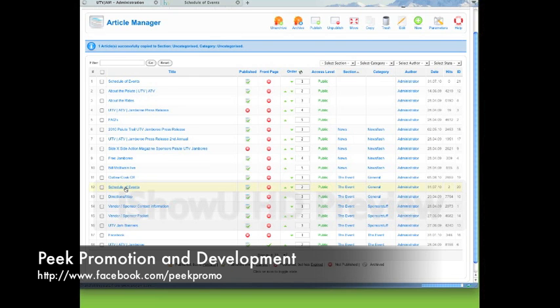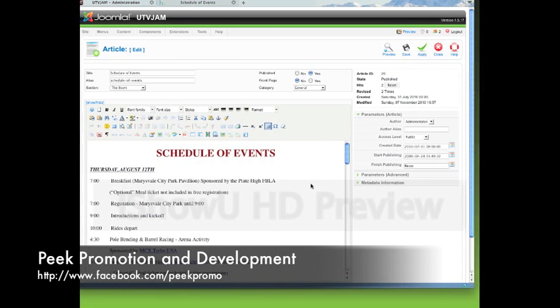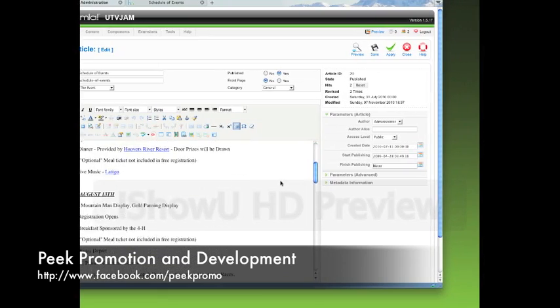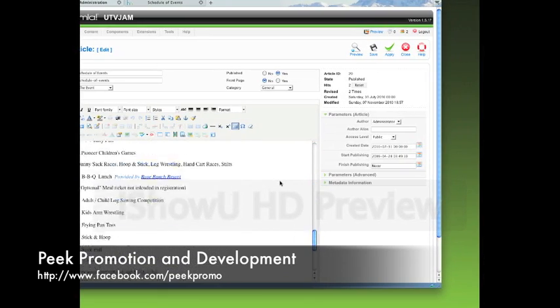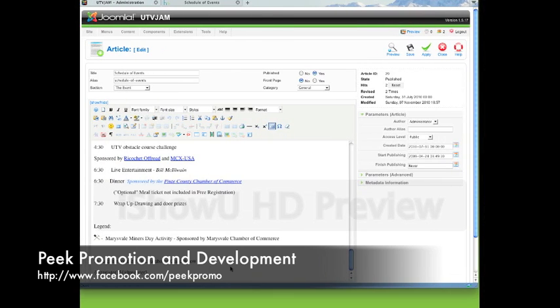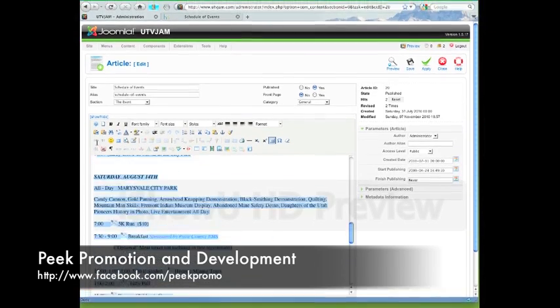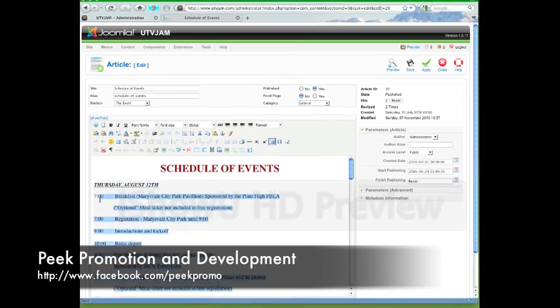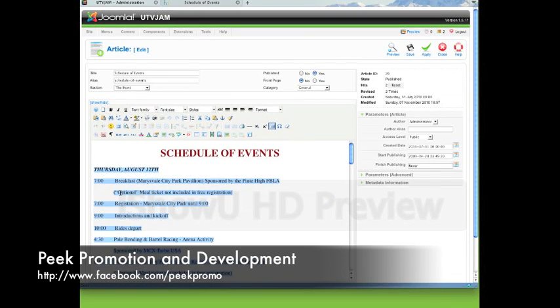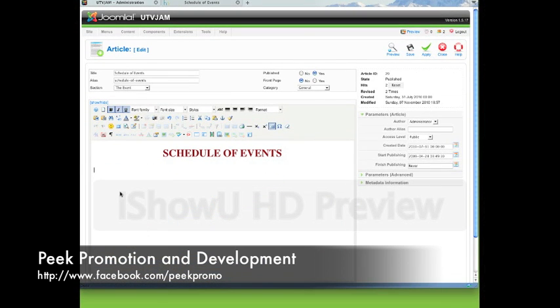Come up to the standard editing window that you're all familiar with from learning how to create articles, and there it is. Now mind you, this is the live version. This is the version that's running on the site, so anything we do here is going to immediately be reflected on the site. So we're going to highlight all of the content here that we don't want to be showing right now, and we'll delete that,